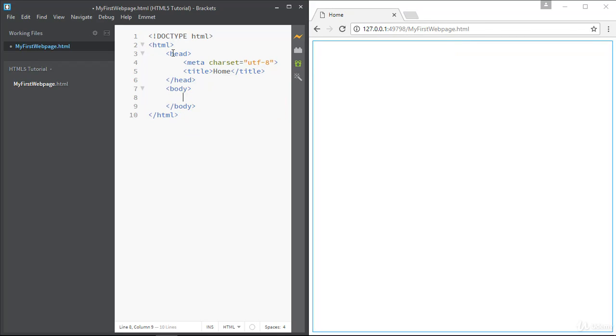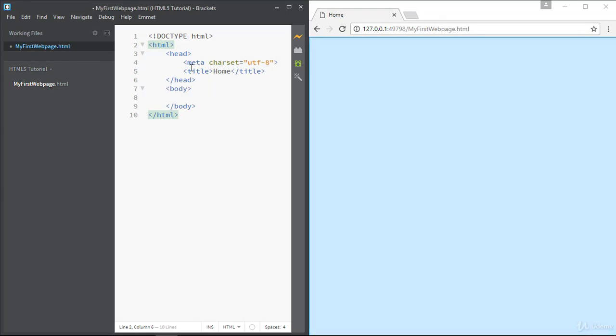Now after mentioning the char set, you have to mention in which language you are writing this file. So you have to add again one attribute lang, and after that you have to mention the language English. So we will see from the top again. This line of doc type will tell to the browser that I am using HTML version 5.